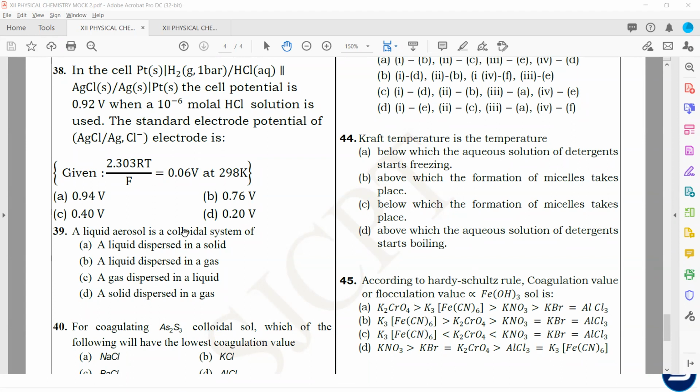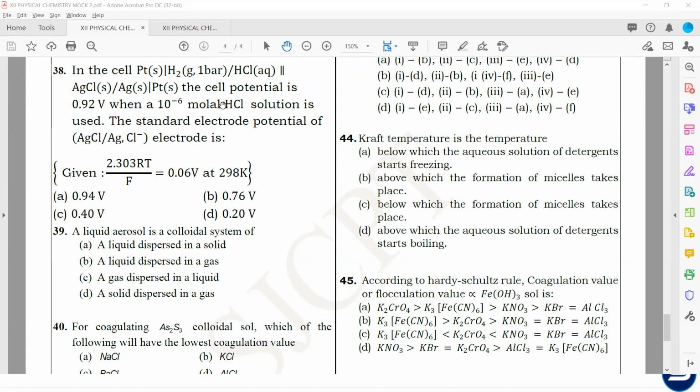Standard electrode potential पूछा है. Nernst equation. Cell potential जो दिया है, that is the non-standard cell potential, यानी E दिया है. अब E से आपको E नॉट फाइंड करना है. ठीक है, तो सबसे पहले आप रिएक्शन लिखो, रिएक्शन से नर्स्ट इक्वेशन लिखो.